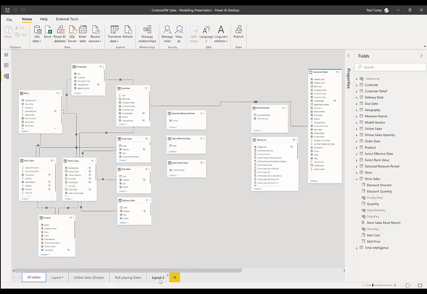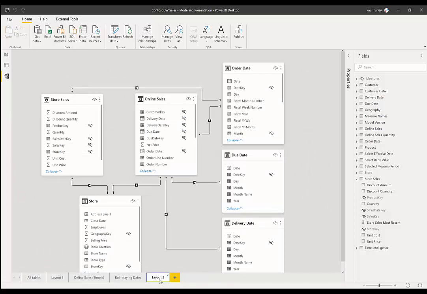And let's switch over to another layout where I've just added 6 of the most relevant tables. As you can see, I have 2 fact tables, store sales and online sales. I have 3 copies of my date dimension table, order date, due date, and delivery date. You can see that online sales have 3 different dates. Store sales only have 1 date related to order date. And then store sales and online sales can both be related to a store. Online sales might be fulfilled out of a store. They might not be. So there won't always be a store associated with online sales.